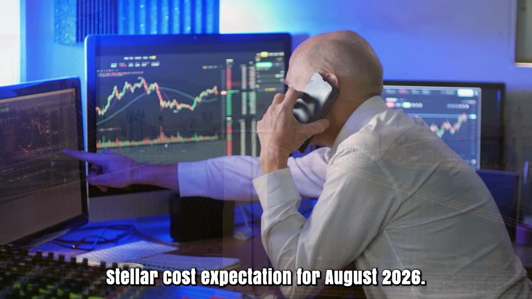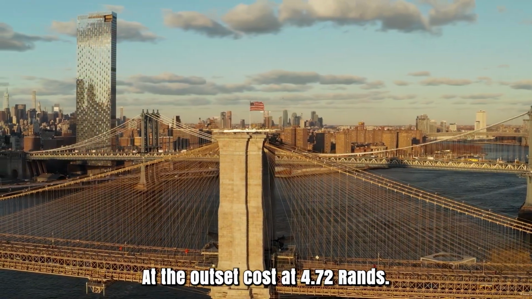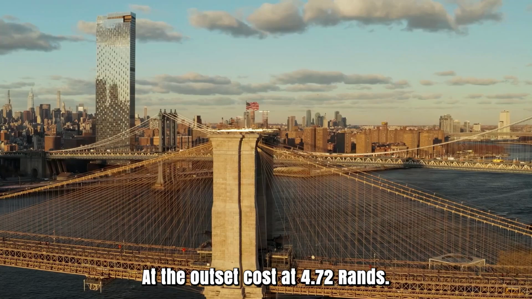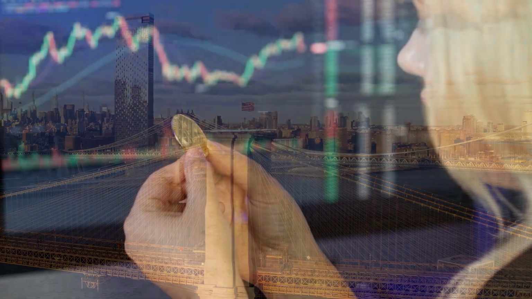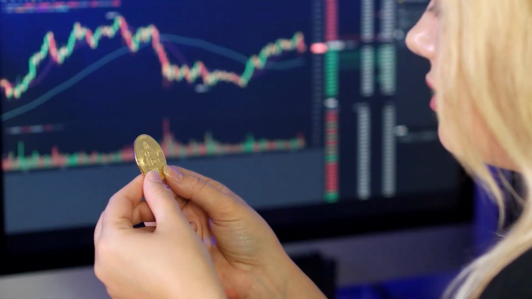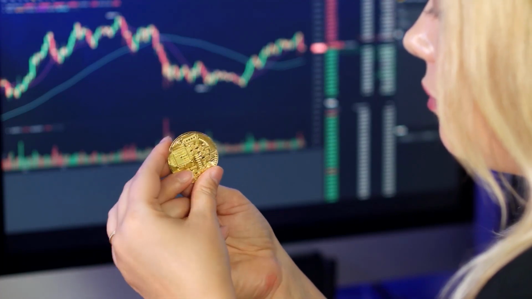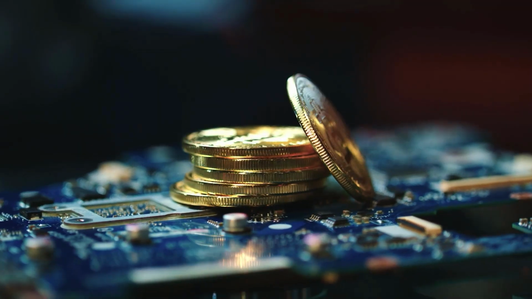Stellar price prediction for August 2026. Initial price at 472 rands. High price 514, while low price 446. The average price arrived at is 478. Stellar price forecast toward the month's end